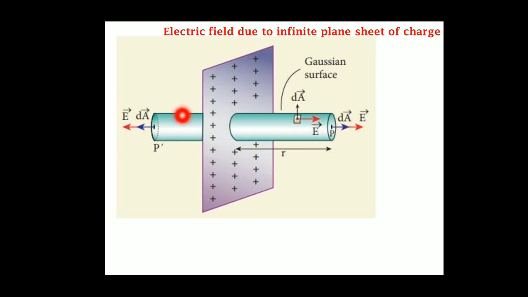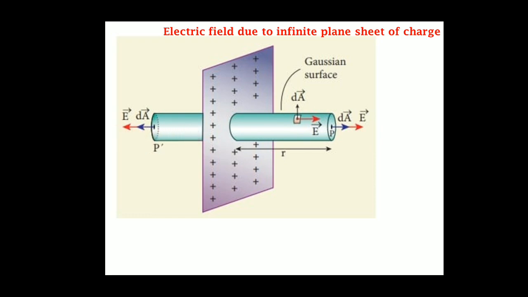This distance also is the same. How many surfaces do I have? I have three surfaces, two flat surfaces and one curved surface. Now we have to apply Gauss law to find the electric field. Children, are you clear? Here the electric field is the red arrow. And here the electric field for the second flat surface P dash is in this side. And for the curved surface also the electric field is in this side. On the right side it is along the positive x direction. On the left side it is acting along the negative x direction.